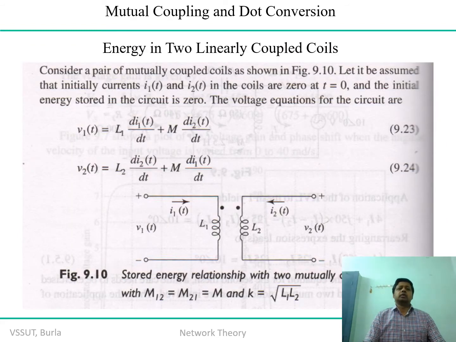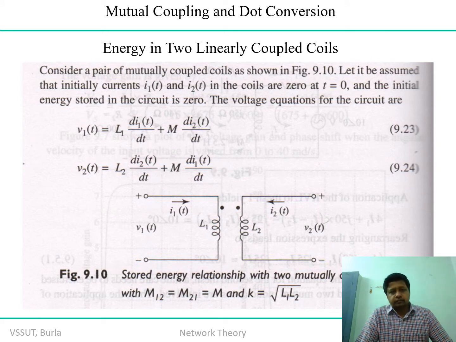So let us quickly switch to the amount of energy. When we talk about energy transformation, how much energy is carried between two linearly coupled coils? We consider the same scenario, the parallel combination of L1 and L2, that is the coupled coils, along with the dot convention. You can repeat this exercise, and you can see the mutual inductances M12 and M21.